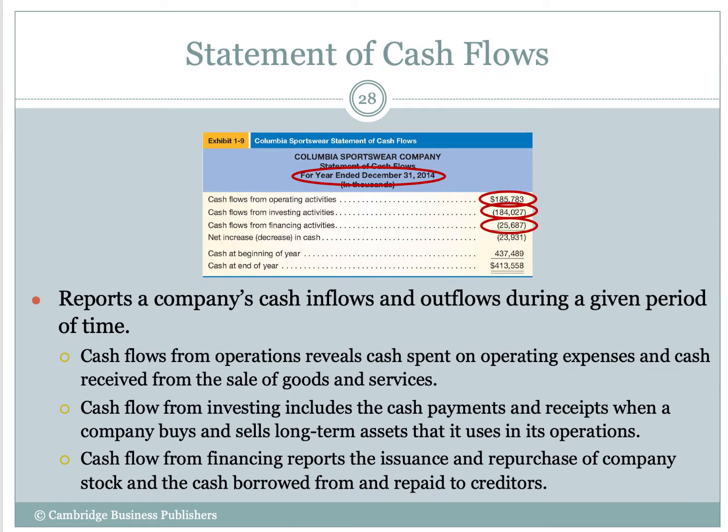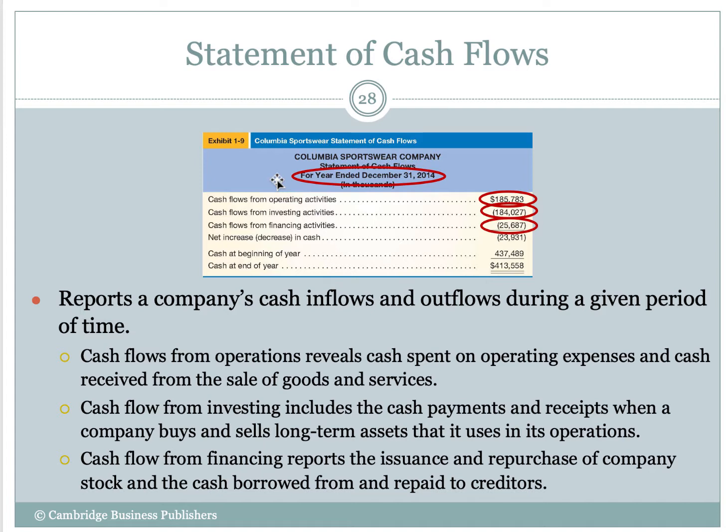The next thing we have is the cash flow statement. The cash flow statement is very important because it shows us what activities are increasing our cash and what activities are decreasing our cash. Notice the form. We have the company name, Columbia Sports Company, and the name, statement of cash flow. But then notice the time frame it covers: for the year ended